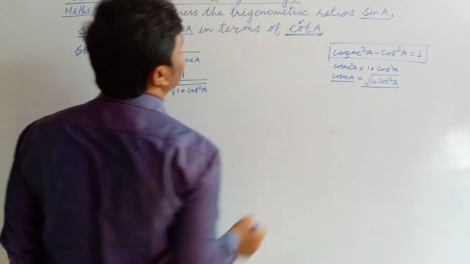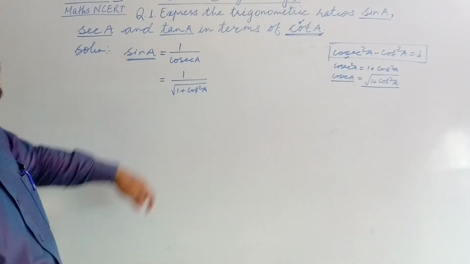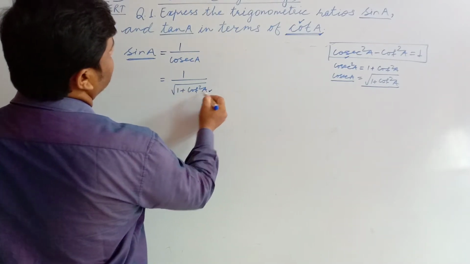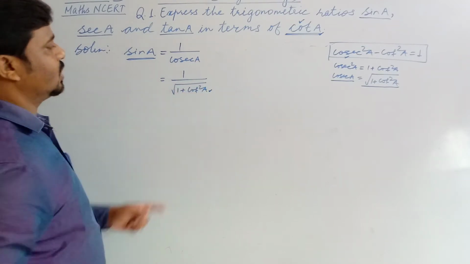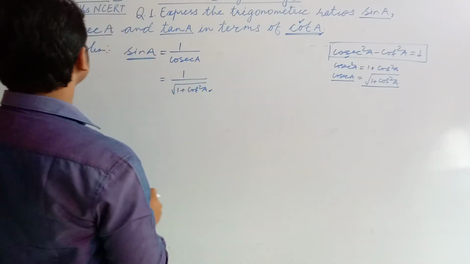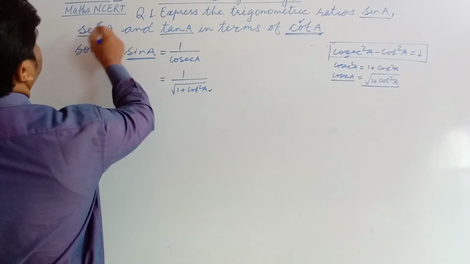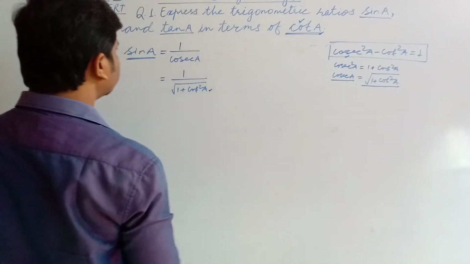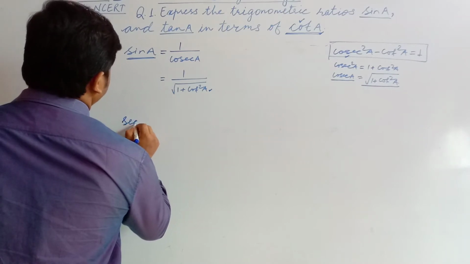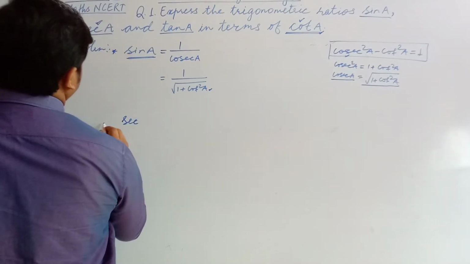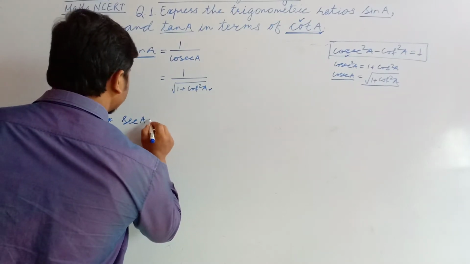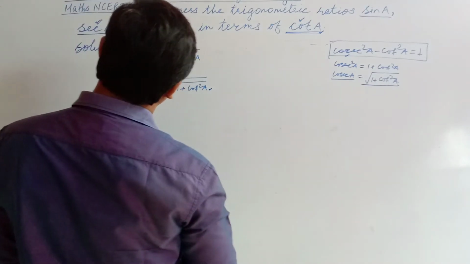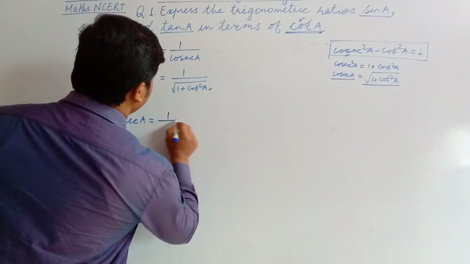In the term of cot A, it was asking to change. So you can see we changed this in the term of cot. So sin A equal to 1 upon under root 1 plus cot square A. Another is sec A. This sec A will change in the term of cot A. Sec A equal to, what will we write? 1 by cos A we will write,